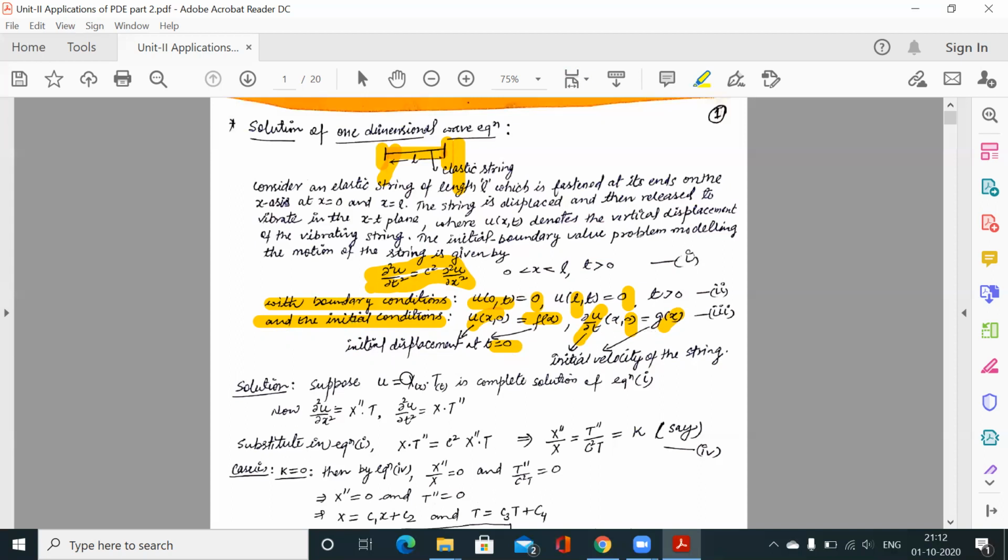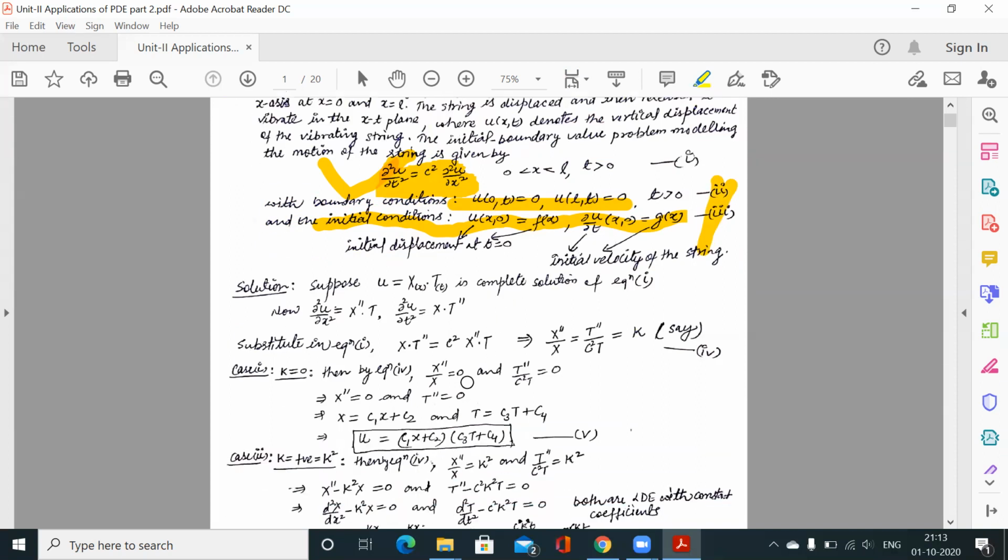So first we have to get the general solution, means a generalized solution, which satisfies this wave equation. This is the one dimensional wave equation. First we have to solve this, then apply the boundary conditions, and we will get one solution satisfying the boundary conditions, then one solution which also satisfies the initial conditions. So these two types of conditions we have to apply. Now you know how to solve this, because this is a partial differential equation, and you know how the separation of variables method works.